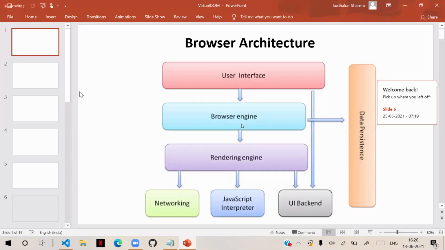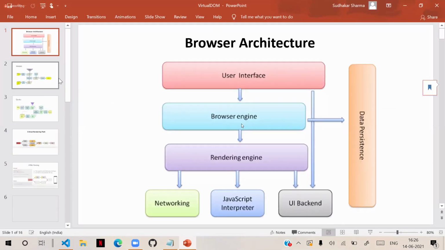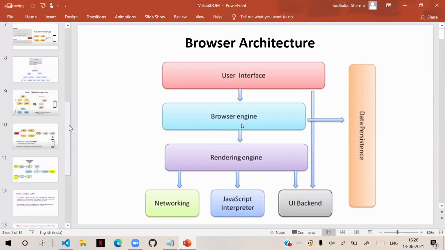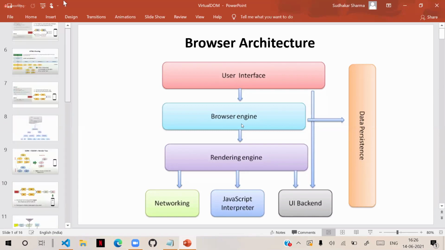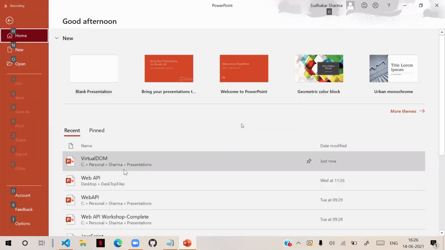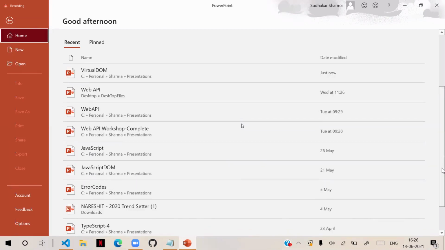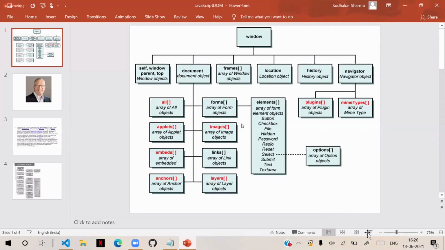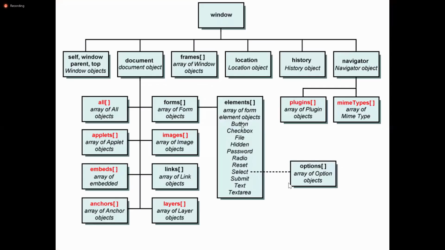You don't need this architecture, you just need to understand the DOM. That's the hierarchy of elements. Already in HTML, I explained that.